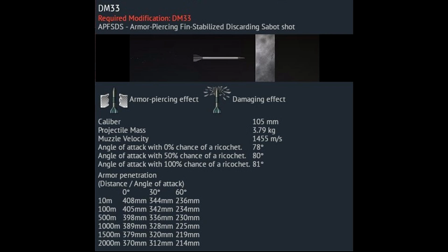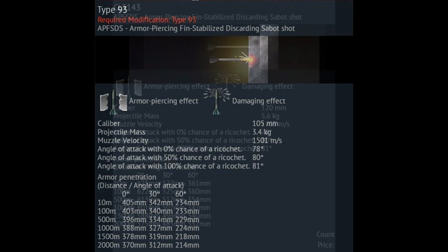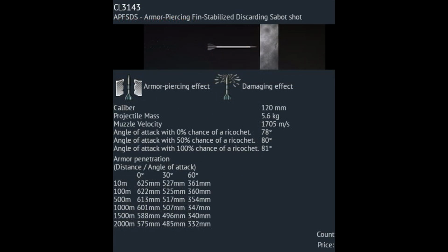The Japanese designation Type 93 is pretty much identical. It is only just slightly worse overall. However, the Type 16 gets the best generation thermal in the game of any wheeled vehicle that is equipped with a 105. However, for the 120 millimeters featured on the Centauro MGS and the CV90 120,